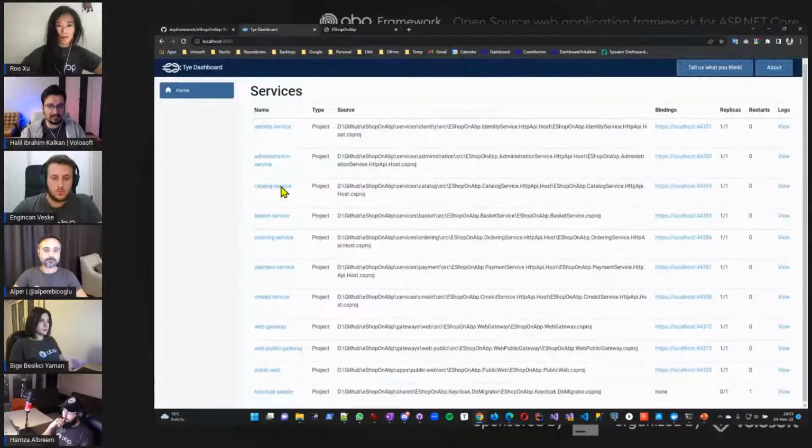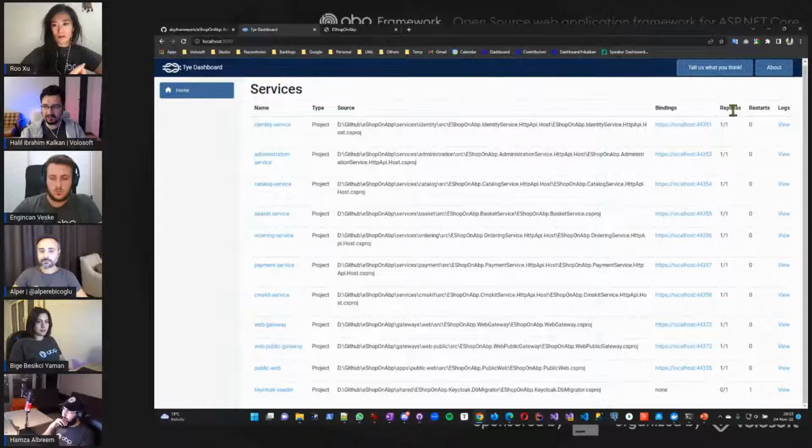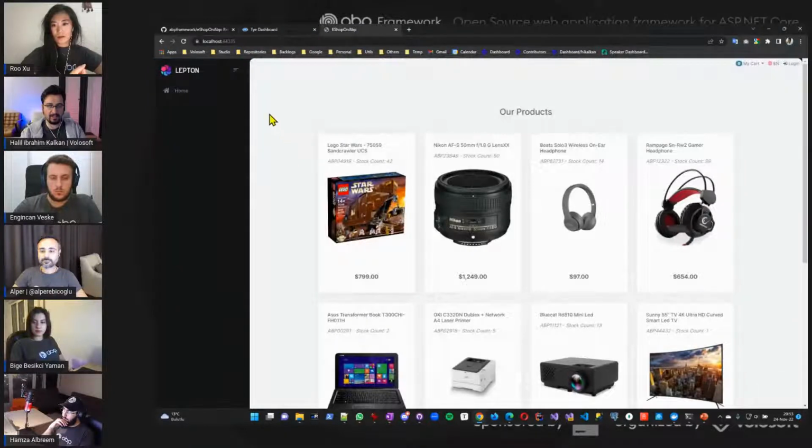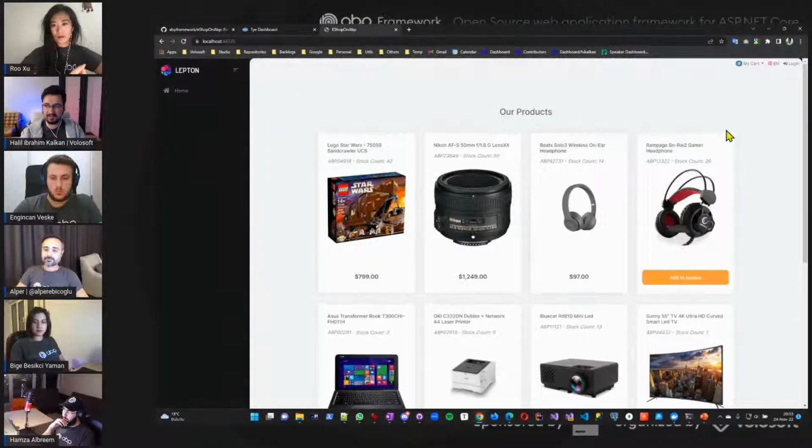It's also configured for Tye. Microsoft's Project Tye is used to run all the applications in a distributed system to make it easier. I run the solution in Tye. You see that all the replicas or all the applications are currently running, and the application is here. It's a typical